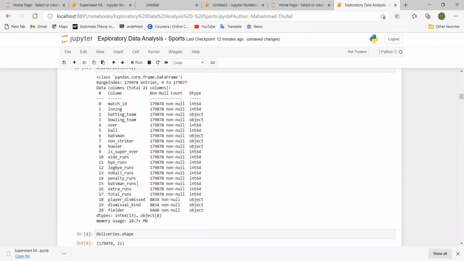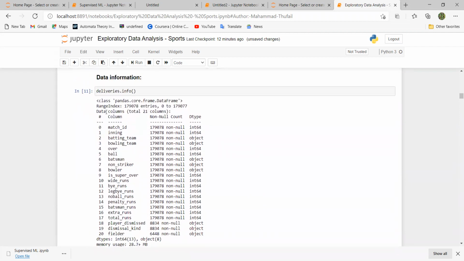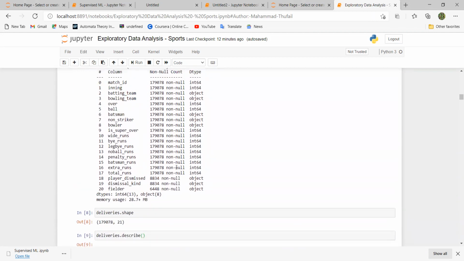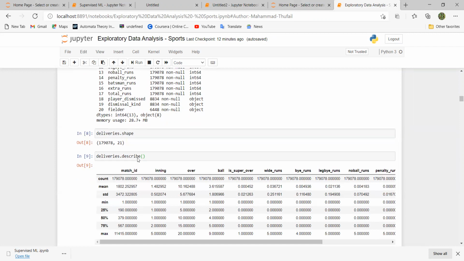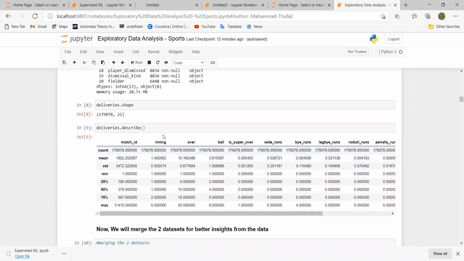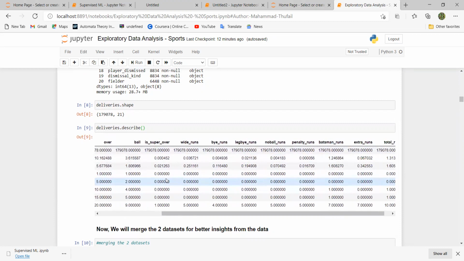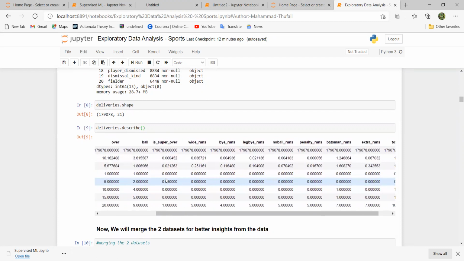There are basically 21 columns, and this is describing each column, its data type, count, etc. Then deliveries.shape will give you the value 179078, 21, and then it is describing the deliveries like this. We can look into this.